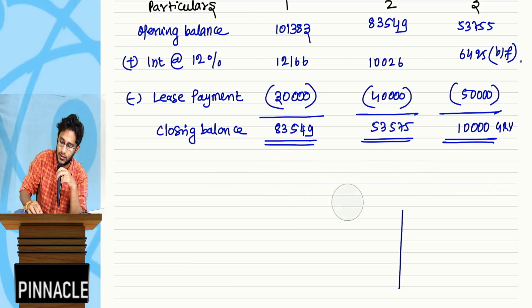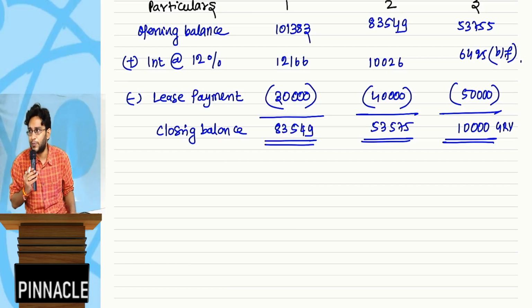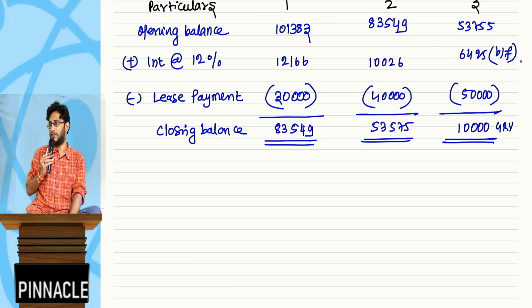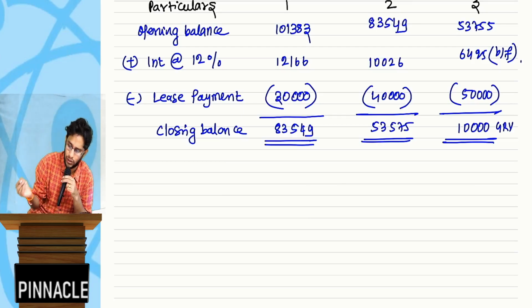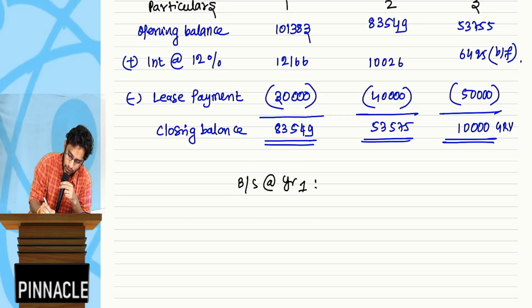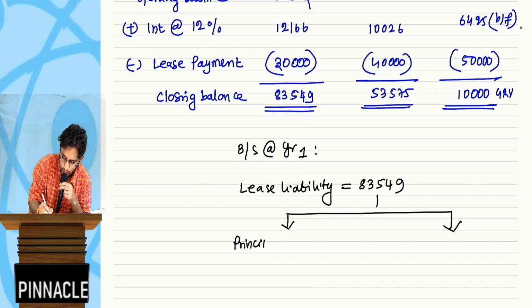Why I am teaching you this is, when you read the study material, that fellow gives you a detailed disclosure, one page he wasted, which anyway you will not read. In that he asked you to split the lease liability and lease receivables both into current and non-current. So, if you don't like that balance sheet presentation, casually we will do. Balance sheet at year 1, under this, lease liability is equal to 83,549, principal amount payable